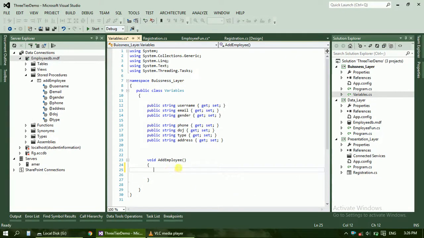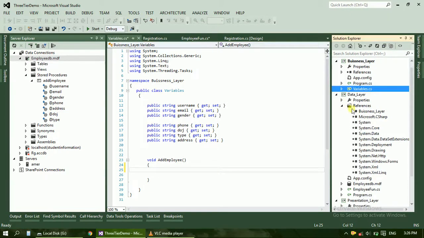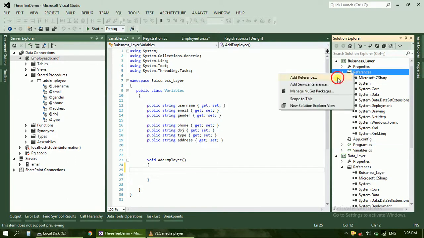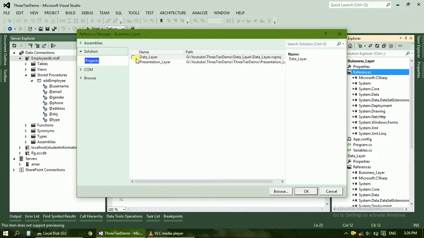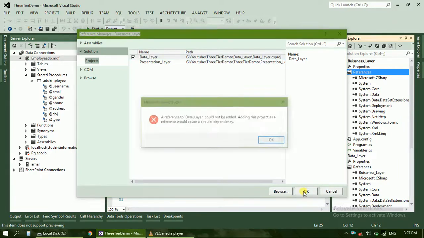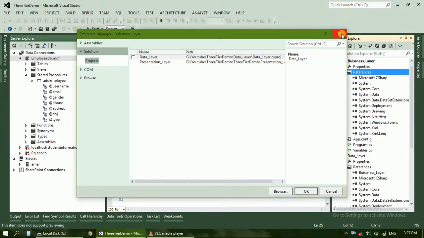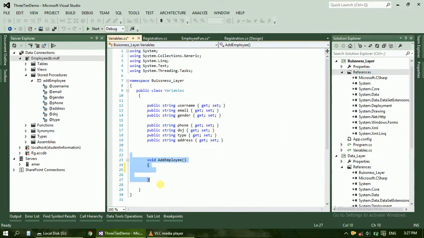And actually it will create a circular problem. We can't use, for example, I'll show you. We have already used the business layer reference over here, so we can't use the data layer reference over here. It will create an error. So I'll show you. It is showing that it will get a circular dependency, meaning both are dependent on one another, so it is not possible. So we have to call this function over the presentation layer,